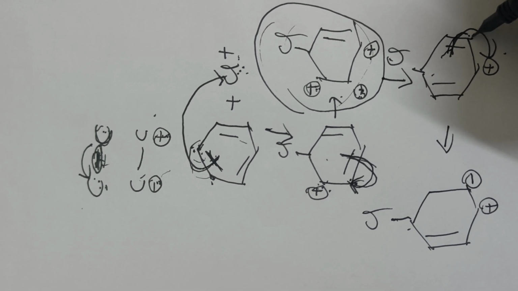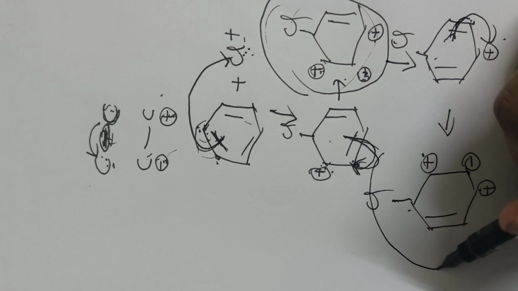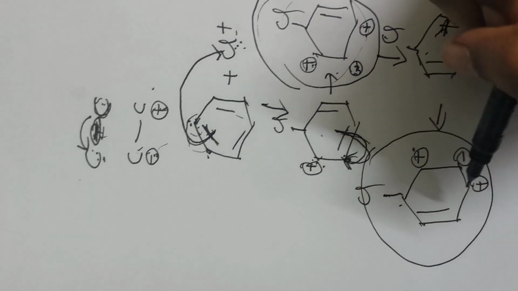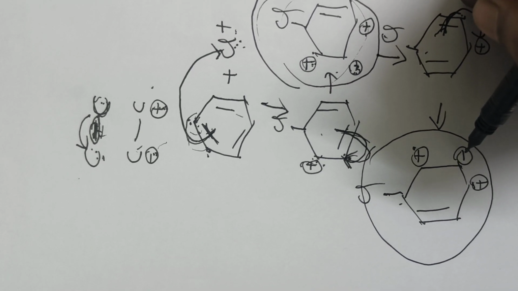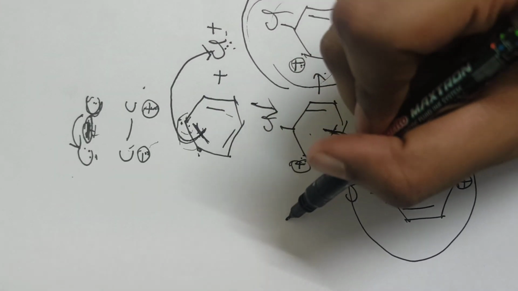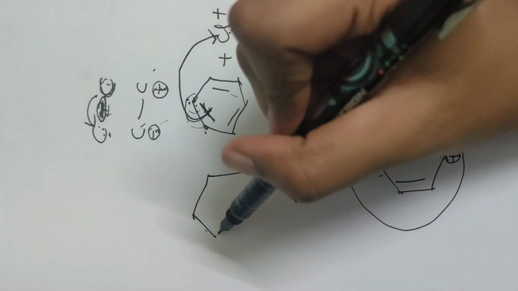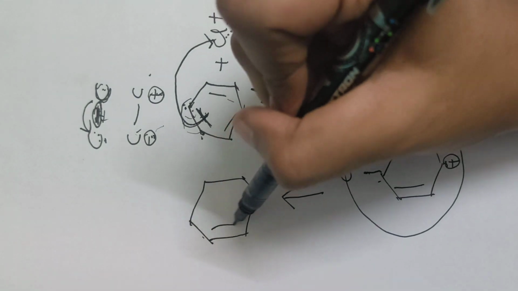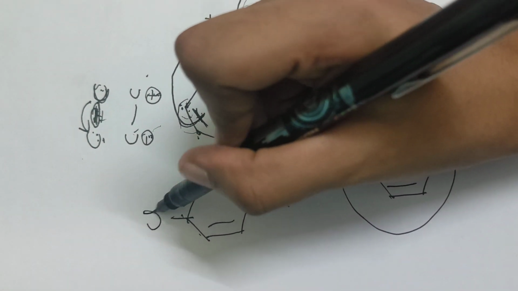So that's why this carbon gains an electron. So this gets a minus and this gets a plus. And again, this is not mentioned in textbooks. This plus and this minus form a double bond. This carbon shares its electron with this carbon. Okay,